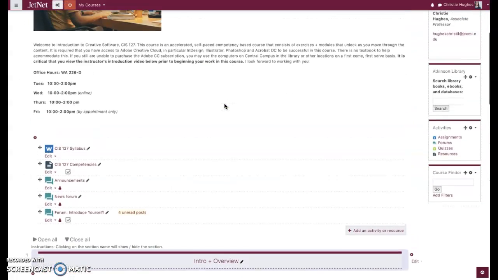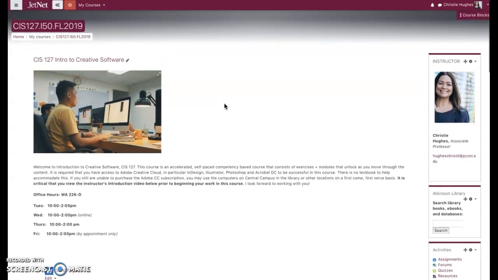However, if you don't have access to your own computer, and if you're not using an Adobe Creative Cloud subscription on your own computer, you're probably going to want to go to Central Campus, or even if you're in Adrian or Hillsdale, they both have labs that have computers that offer Creative Cloud, the Adobe software. It's an older version, but certainly it will be able to follow the basics of what we're trying to achieve